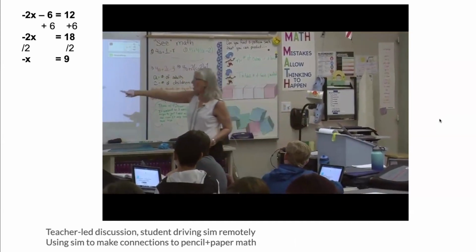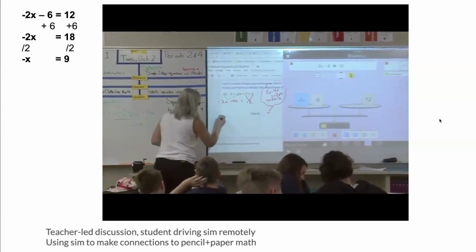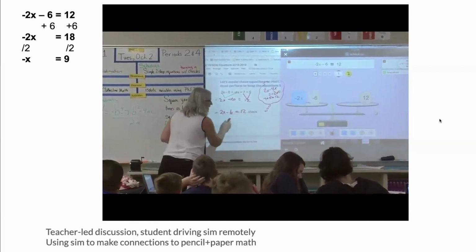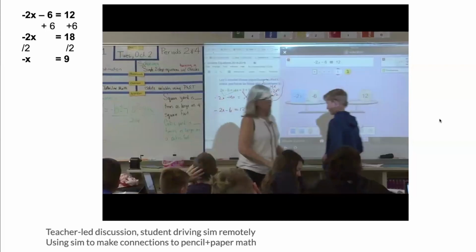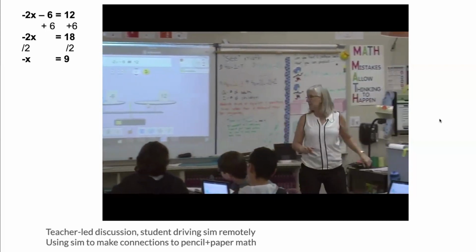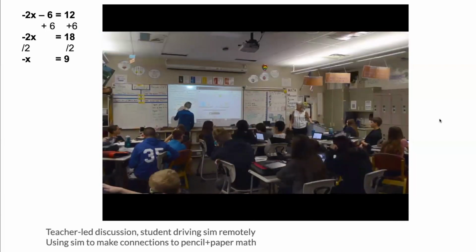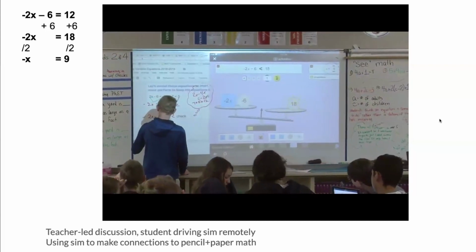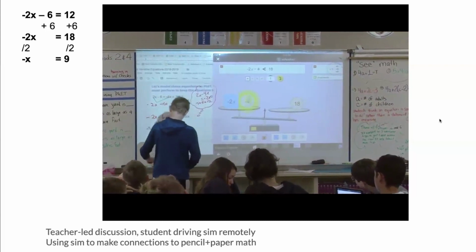Will you come do it on our paper and pencil? Kind of erase that. Will you write it on the board here? And then who's up there? Is that Declan's? Then Declan, would you model what Michael is going to be doing on paper and pencil? So add 6 to both sides. Add 6 to both sides. And then, yeah, okay, and then Michael, if you'll step aside. 9.